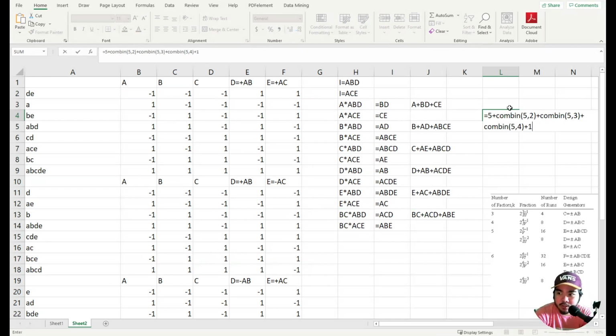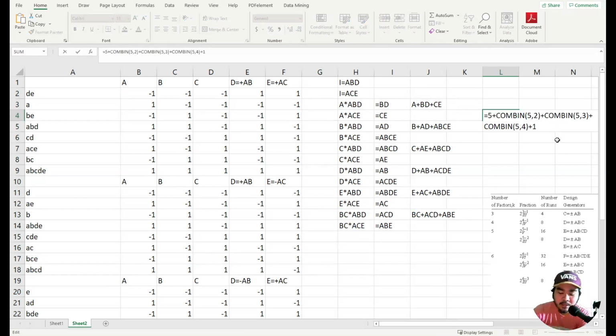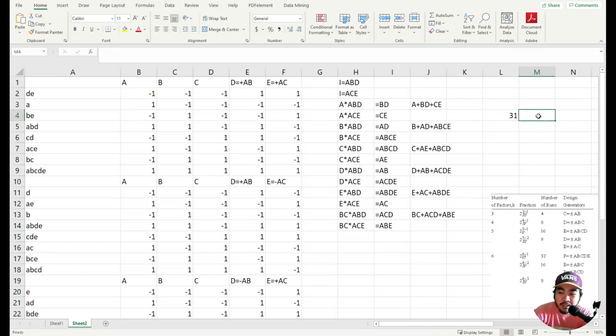Yung five-way interaction, which is just one, no? Okay? Tama? 5, 10, 10, 5, 1. Tama. Yan. So we have 31. May 31 dapat tayong i-take into account. Tapos kaya siya hindi 32 kasi yung 1 na remaining dito is yung